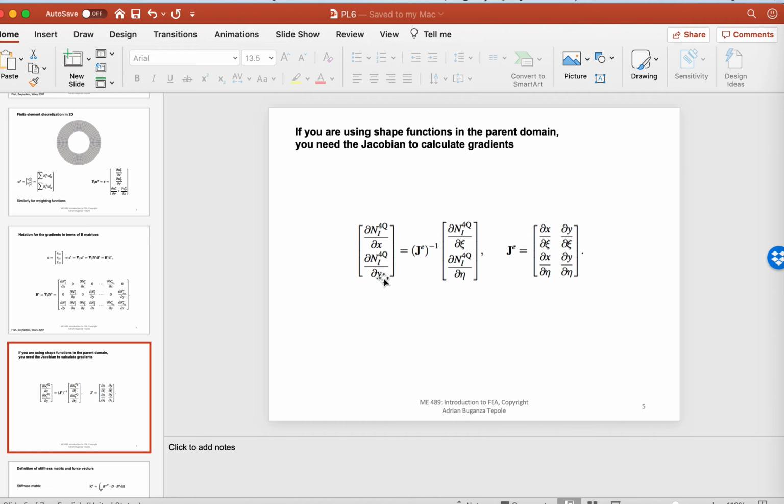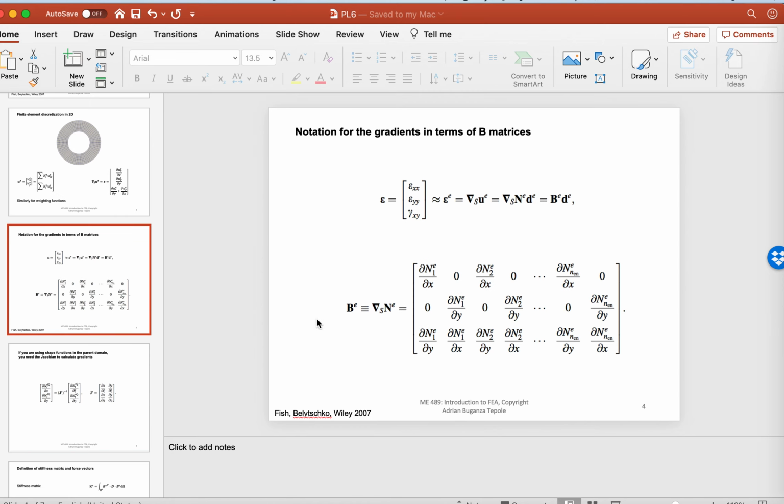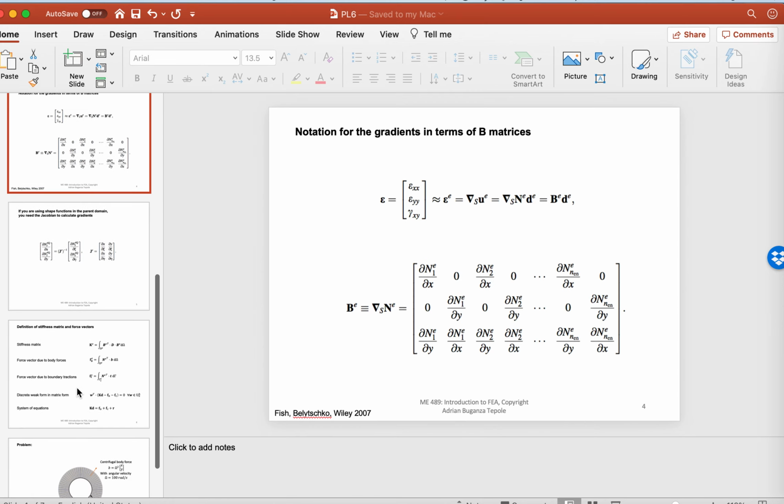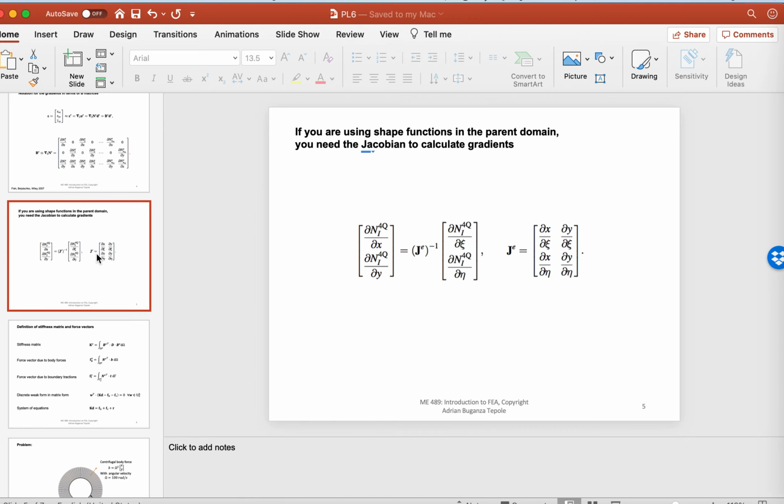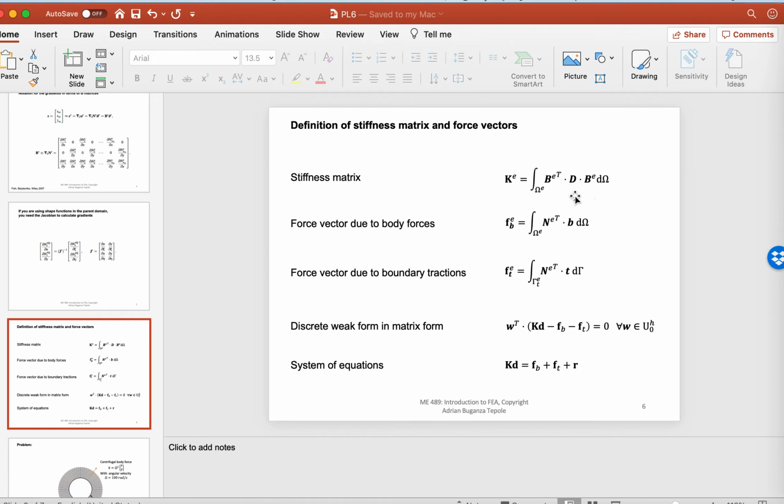once you have the derivatives with respect to x and y, and you can put them into the B matrix, then the definition of the stiffness matrix is exactly the same. The stiffness matrix is the integral of B transpose times D times B. For doing this integral, because we have everything in terms of xi and eta, we can use the standard Gauss quadrature rules. You have actually done some integration over the quadrilateral,